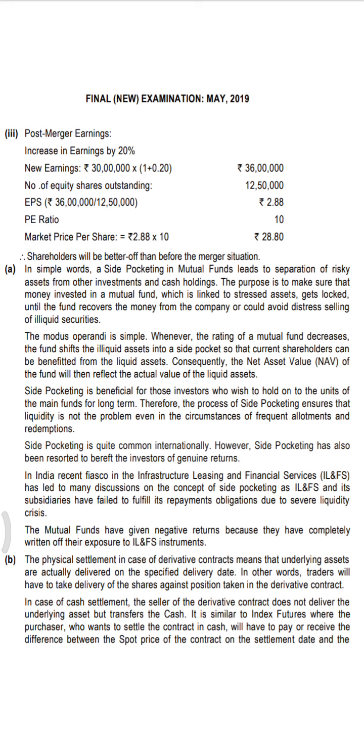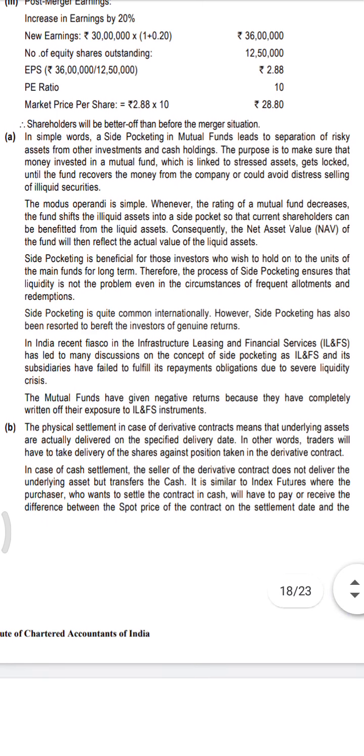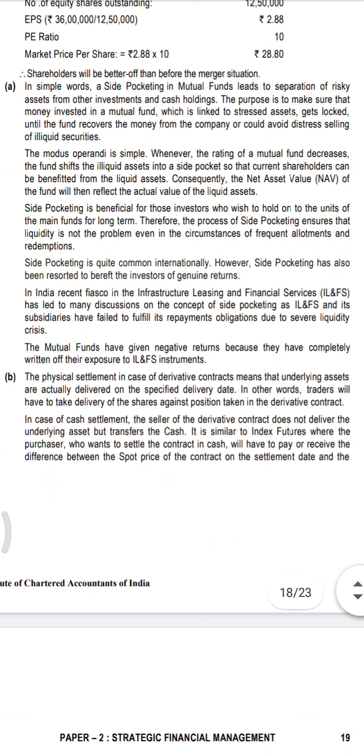The modus operandi in this is simple. Whenever the rating of a mutual fund decreases, the fund shifts the illiquid assets into a side pocket so that the current shareholders can benefit from the liquid assets. Consequently, the NAV of the fund will then reflect the actual value of the liquid assets. Side pocketing is beneficial for those investors who wish to hold on to the units of the main fund for long term. Therefore, the process of side pocketing ensures that liquidity is not a problem, even in the circumstances of